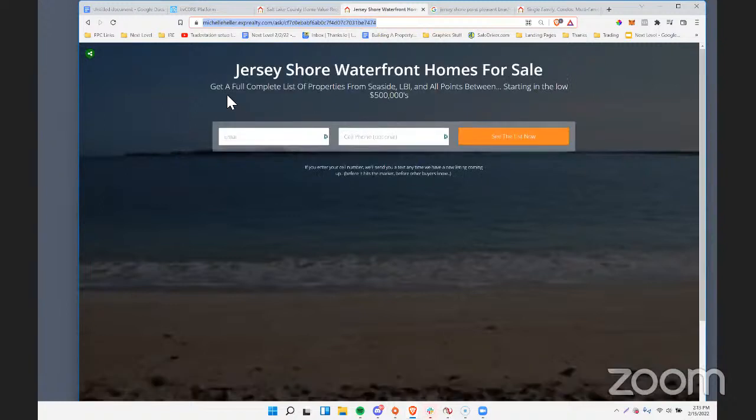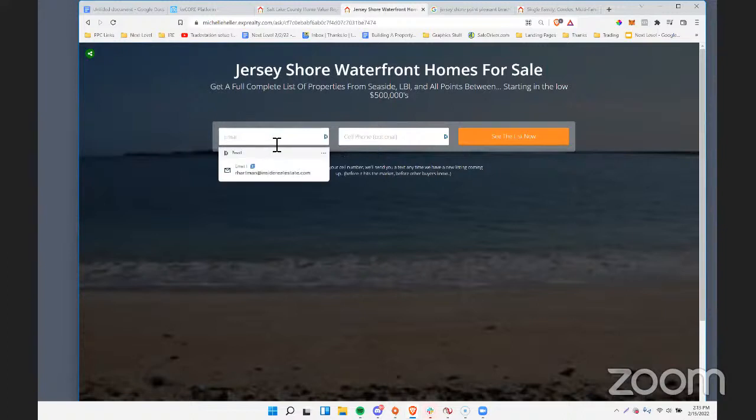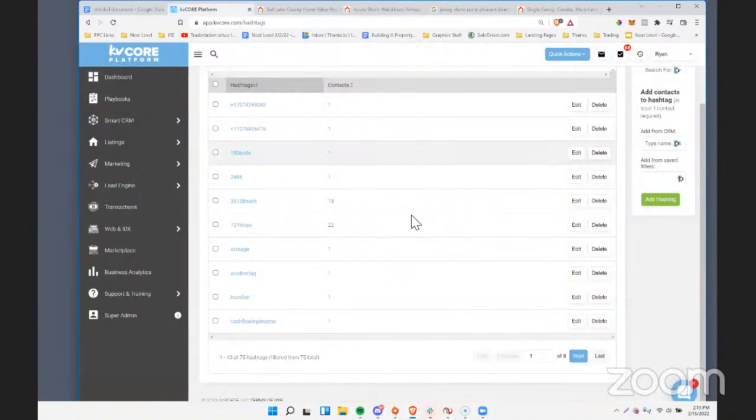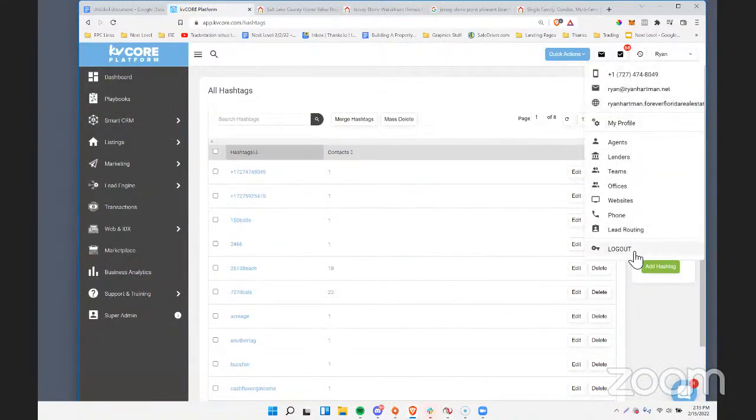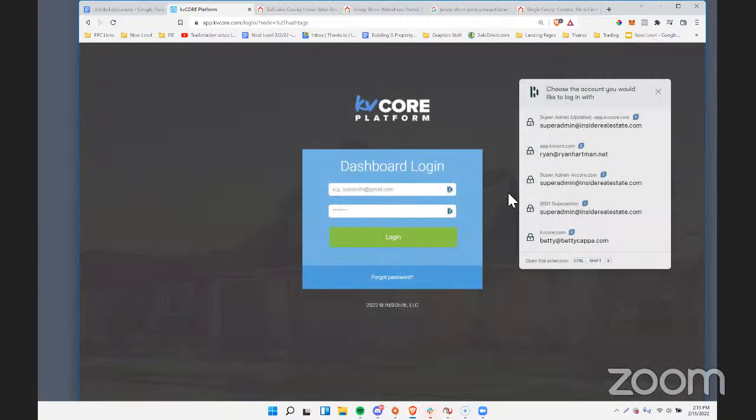So two good examples though, right? And it only takes a minute to build this. And then the hard part is starting to drive traffic. Now, when a lead comes in here, it's going to come in with that hashtag, right? So maybe let's go one step further on this example, and then we'll circle back and do some more. But to round out this funnel,